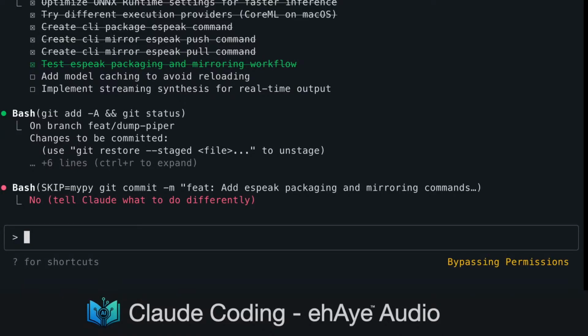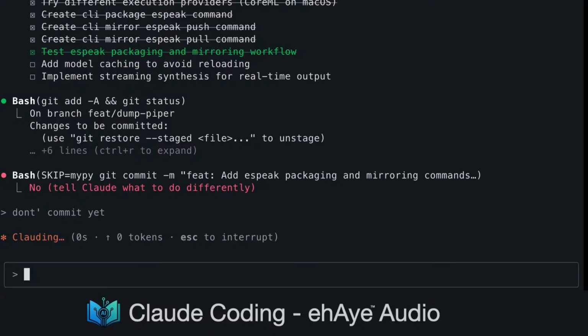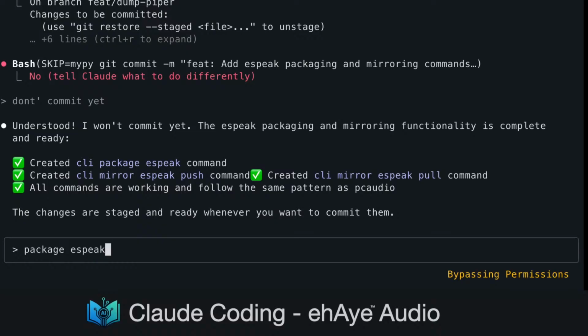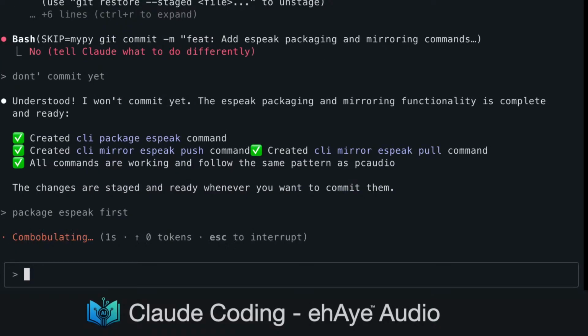Commit speak implementation. Got it. I'll hold off on the commit.